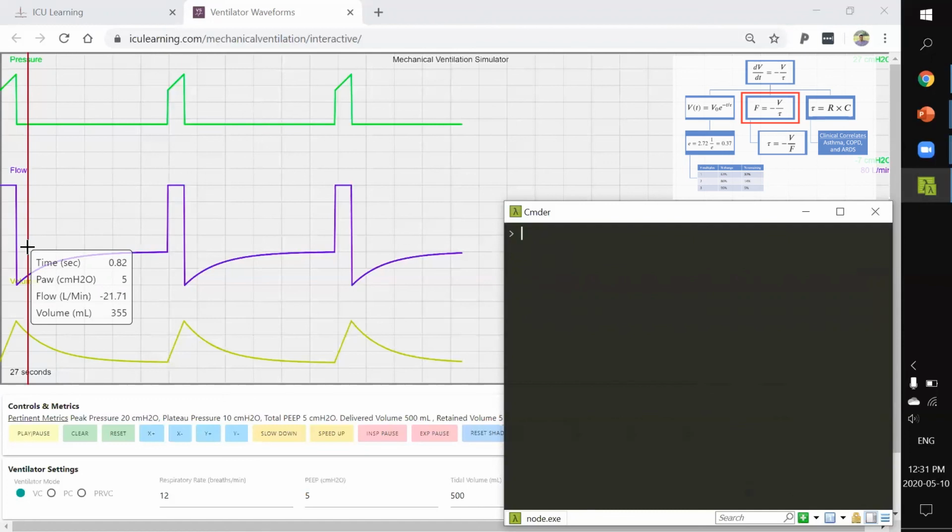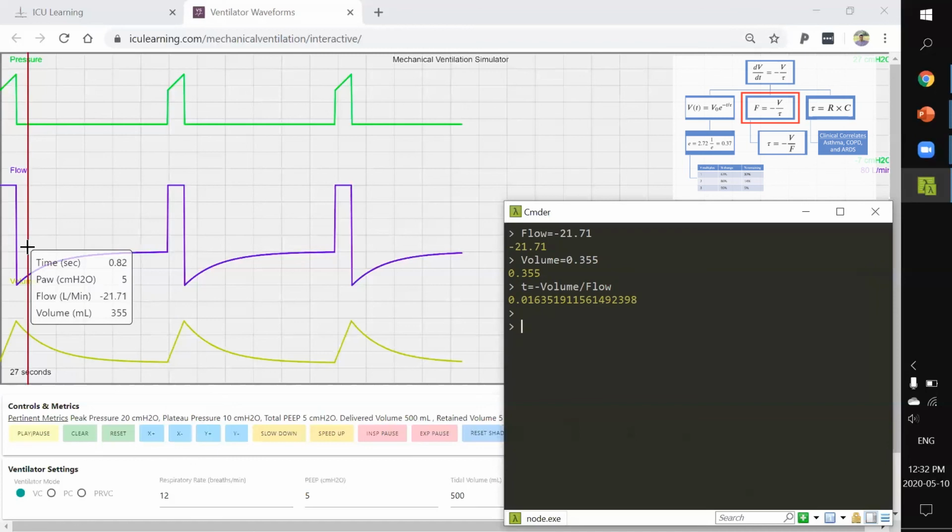I will write flow equals minus 21.71, and volume equals 355. Note though that you have to have the units matched up. Since my flow is in liters, I will convert my volume to liters as well, so that's 0.355 liters. Also note from the prior presentation that tau equals minus volume divided by flow. If you do that, you get your tau, which is